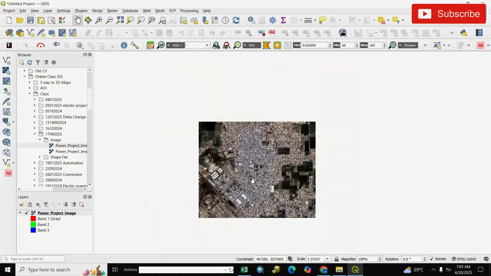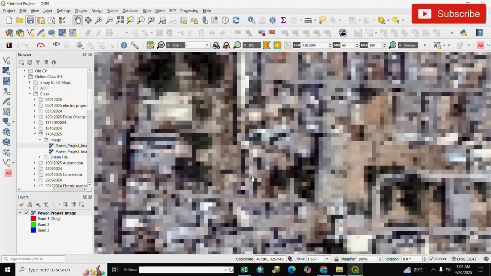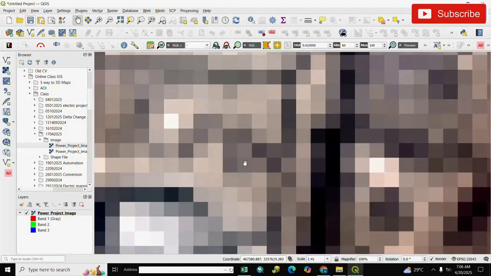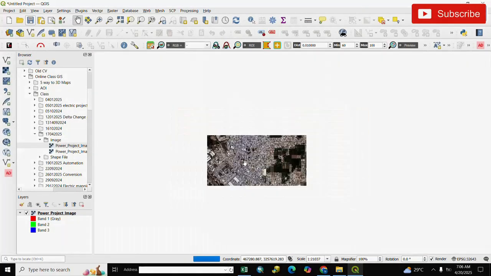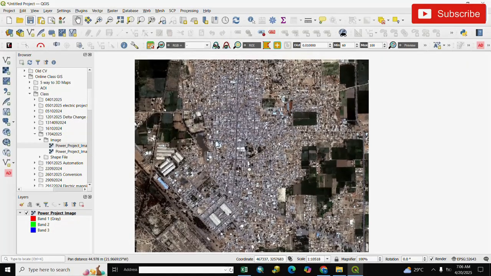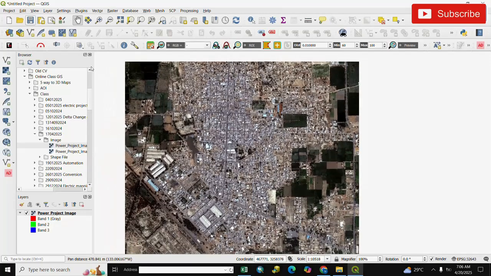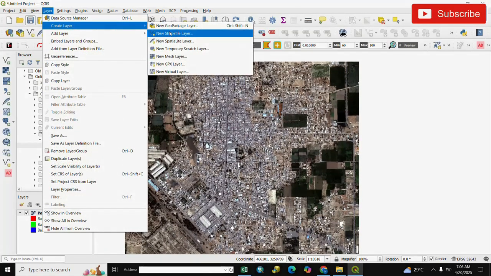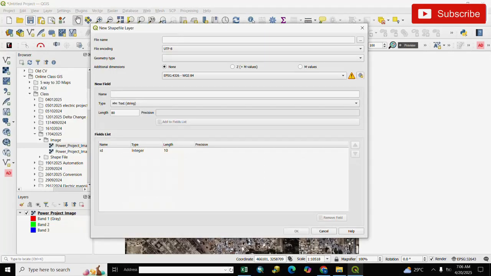And if you want to zoom, you zoom it. Here is maximum zoom, and you see here the pixel values of the image, and we zoom out. After adding the image, we go to layer and create layer, and select new shapefile layer, and we go to file